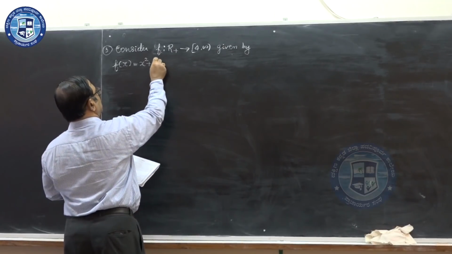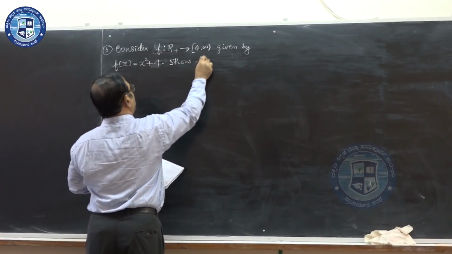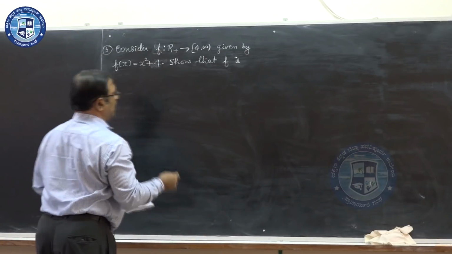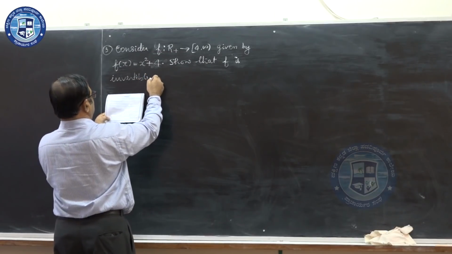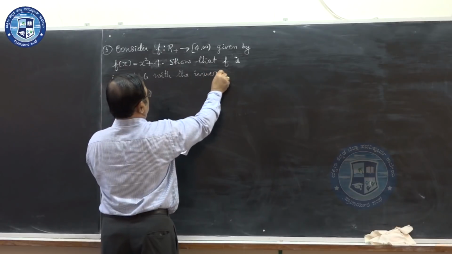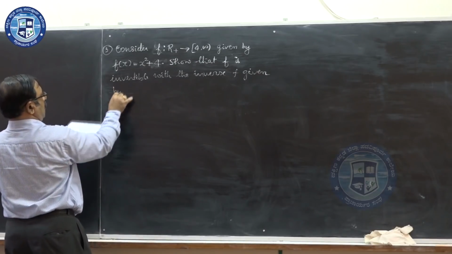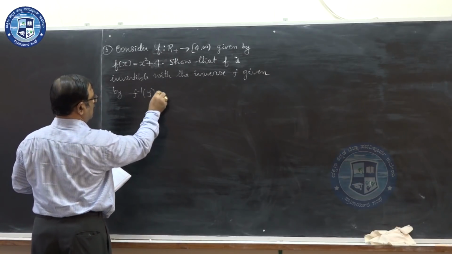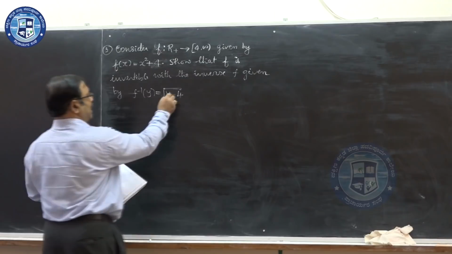Show that f is invertible with the inverse f inverse given by f inverse of y equal to root of y minus 4,